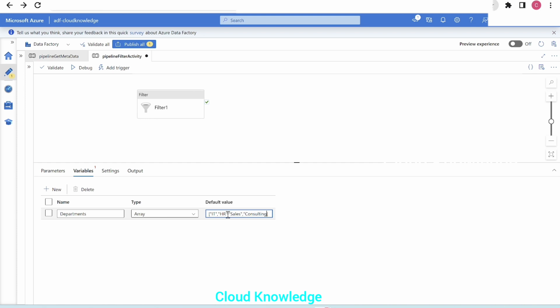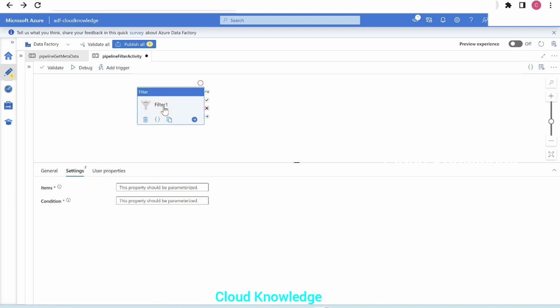So we have given the default value, that is the array values for the departments. This we have given in the variables section of the pipeline.